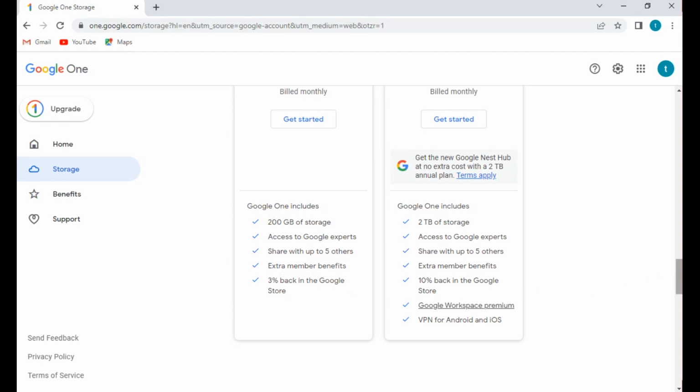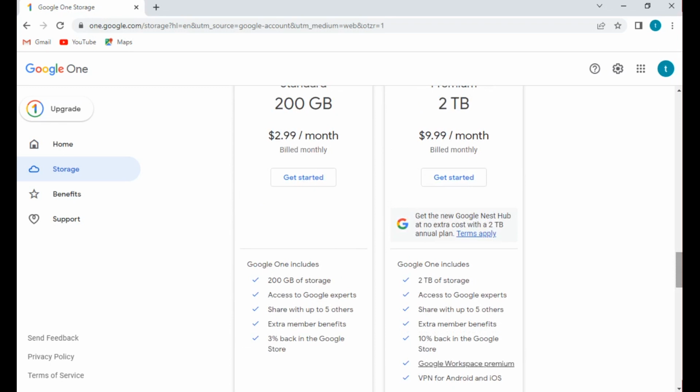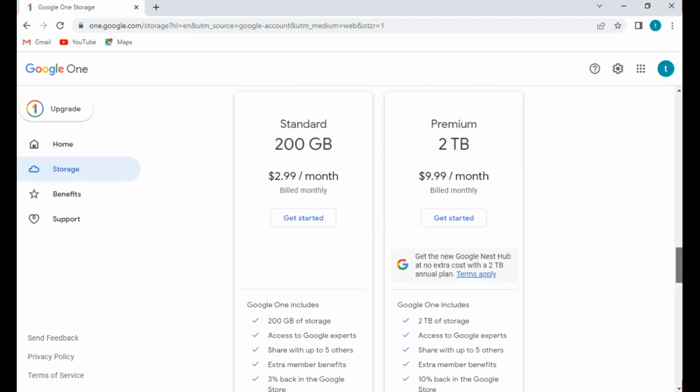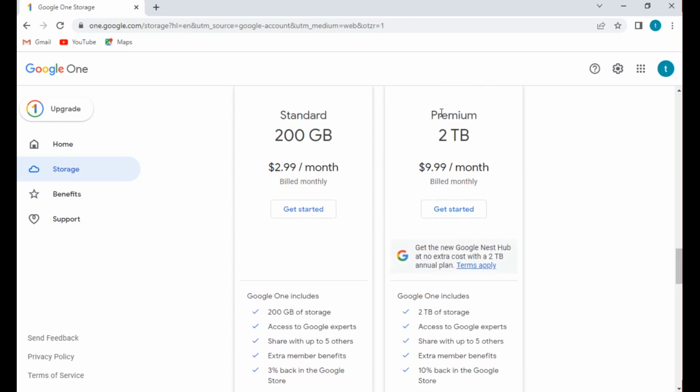Okay, if you want more storage, then you purchase a premium plan of Google Storage. For $10 we get 2 TB, meaning 2000 GB of Google Storage.